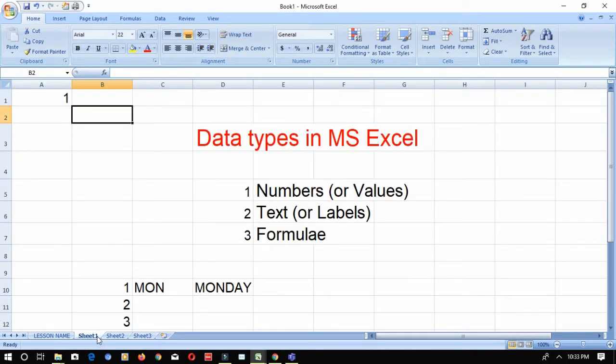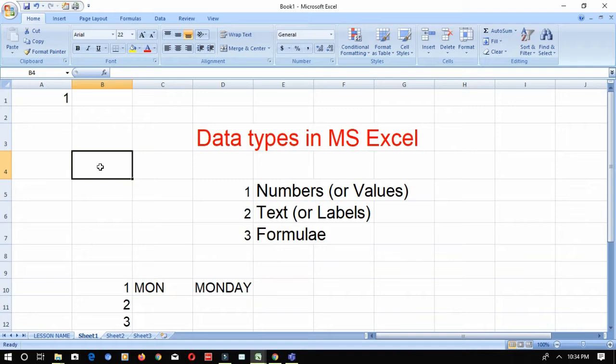Now let's see, this is the vertical scroll bar, and this is the horizontal scroll bar, and this is the zoom button, and this is your navigation pane, and these are the various views of the Excel file. So now you are familiar with the components of a worksheet. This is the worksheet where you work, and this is called the cell pointer. When you take your cursor over any cell and click on it, you will see the black boundary, which is called the cell pointer.